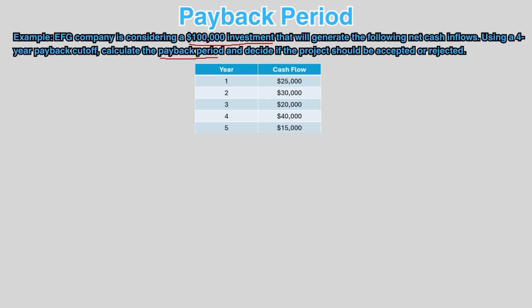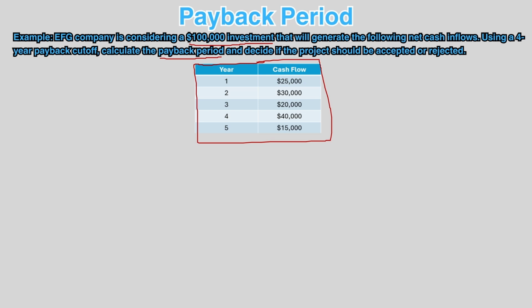So the payback period means how long it's going to take this project to recoup the initial investment of $100,000 using these cash inflows. If it takes longer than 4 years to recoup that initial $100,000 investment, we are going to reject the project because it is taking too long to recoup our initial investment. If it is under 4 years and we pay it off in, let's say, 3 years, then we are going